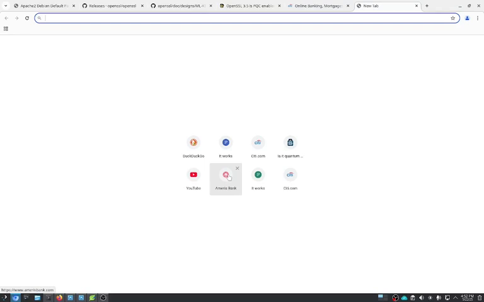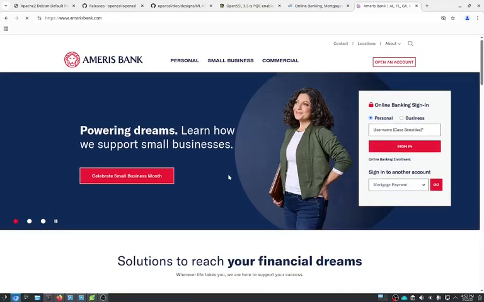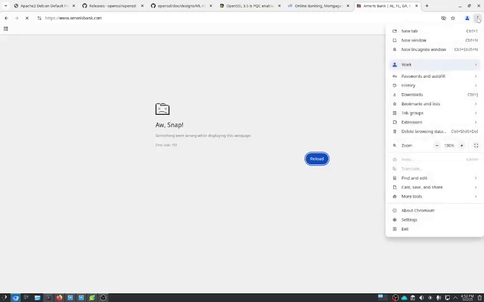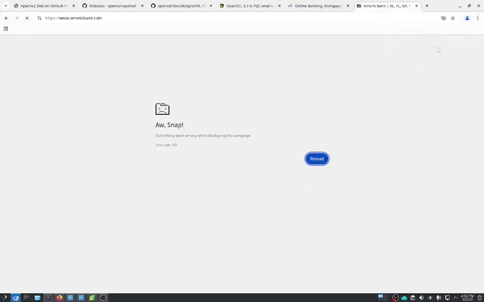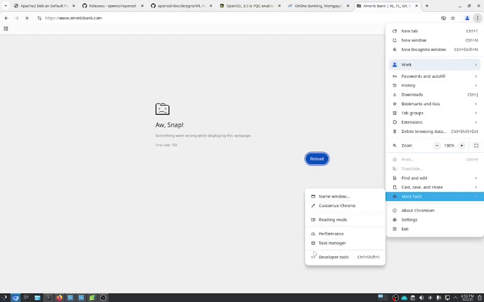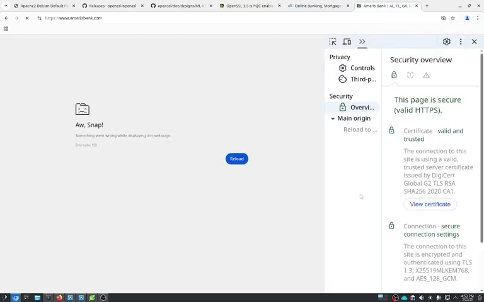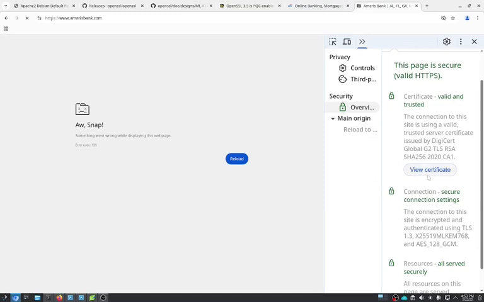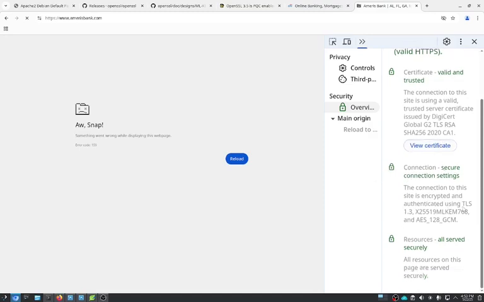On the other hand, let's go over here to Amherst Bank. Now, Amherst Bank is not the big bank that Citibank is. It is a regional bank. I have no idea why it's doing that. Okay, it only does it with this browser. Only does it with Chromium, but that's okay. We can still come down here and look at this anyway. And again, view the certificate. Well, I can't view the certificate, but anyway, we can come down here though, and we see it is using